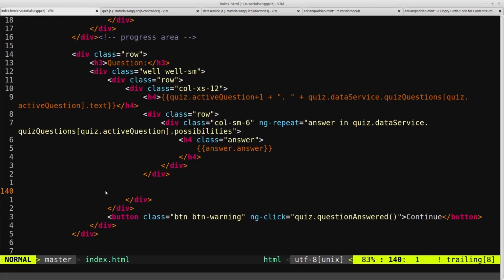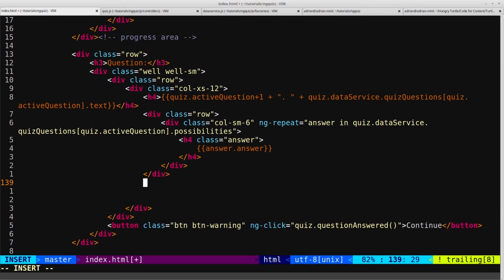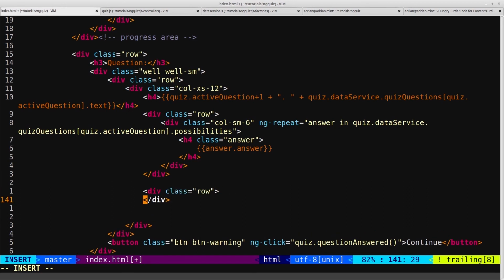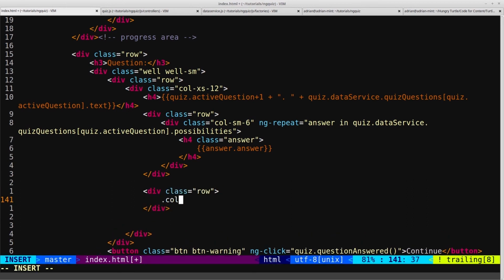So if we jump into our HTML, right here, from here down to here, is the row that we use ng-repeat to loop through the possible answers and display them out. So we're going to create another one of those rows, and it's going to be the same small column that takes up 6 columns, and we'll add the ng-repeat onto that, and it will be exactly the same answer in